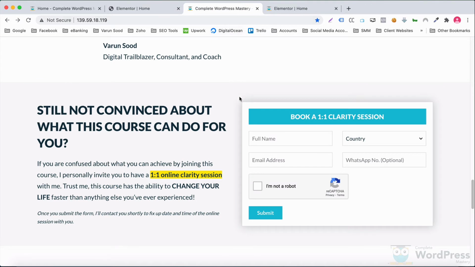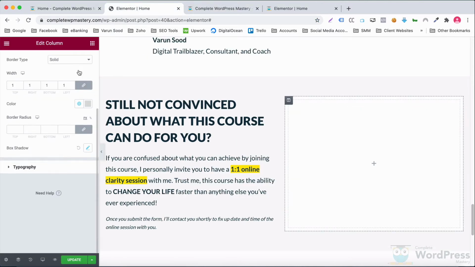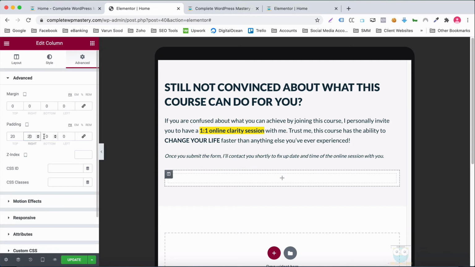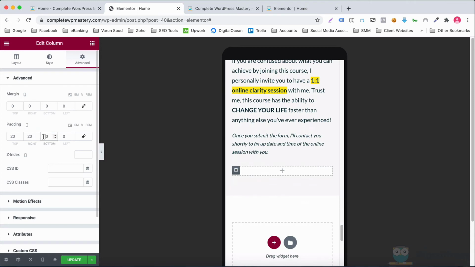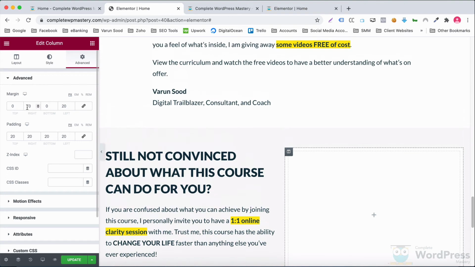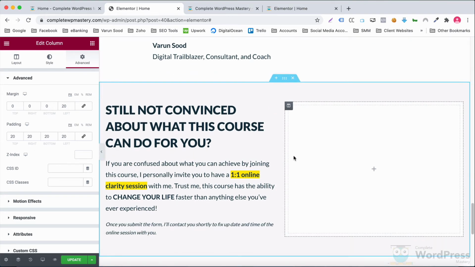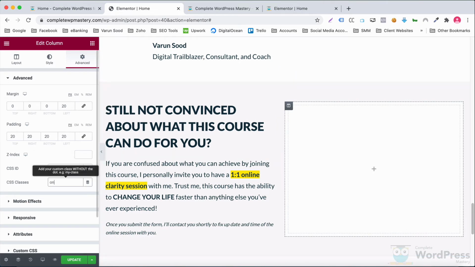If you notice, we have this spacing on all sides inside this column. So let's specify a padding of 20 pixels on all sides on all devices. I will also add a CSS class to this column so that we can style it using CSS later.